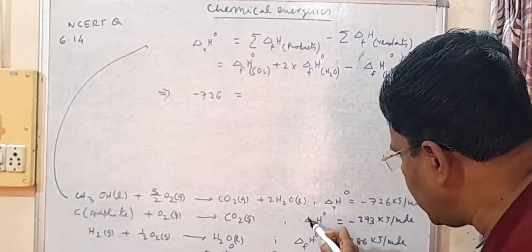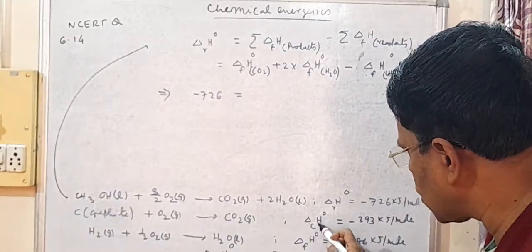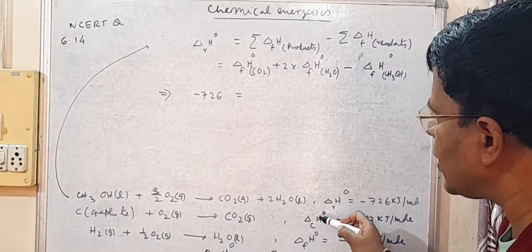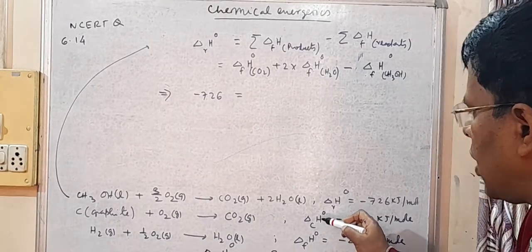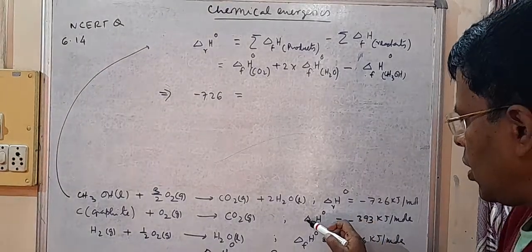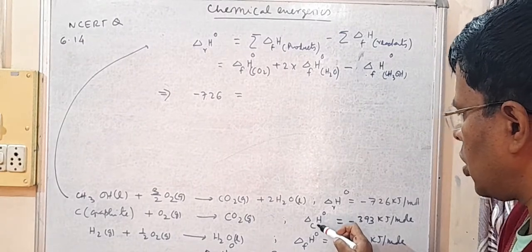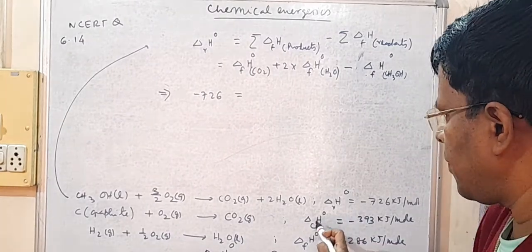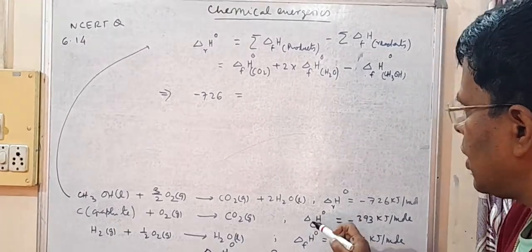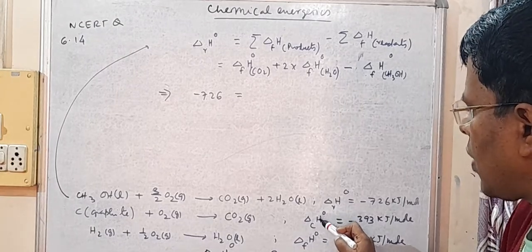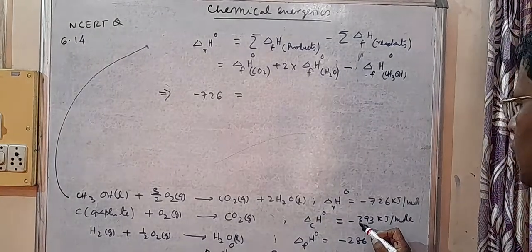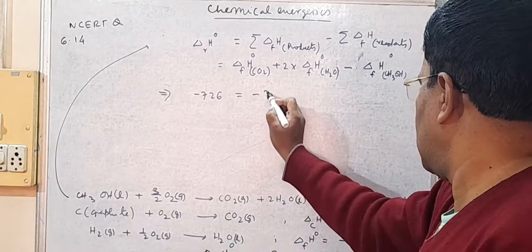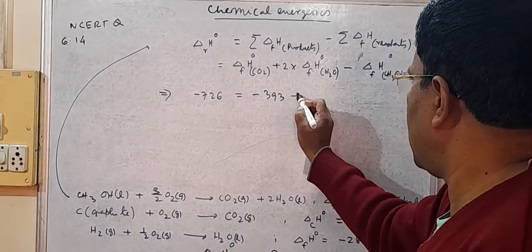So this value, which is given as enthalpy of combustion, we can take as the enthalpy of formation of carbon dioxide. This you have to understand. The standard enthalpy of combustion of graphite will be the same as the standard enthalpy of formation of carbon dioxide. So using this value, minus 393 plus,